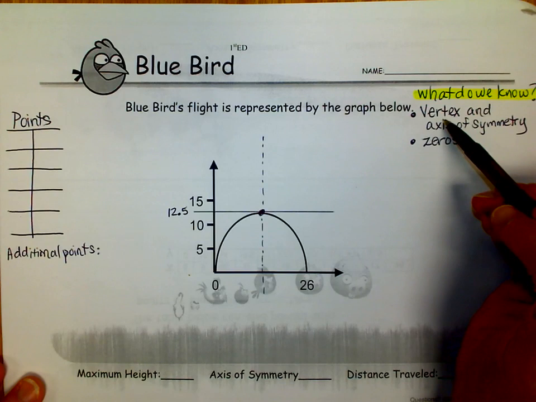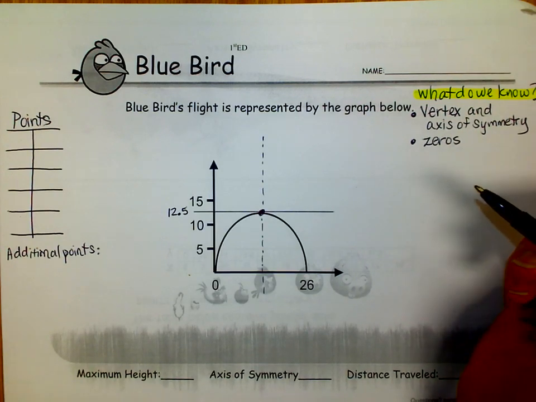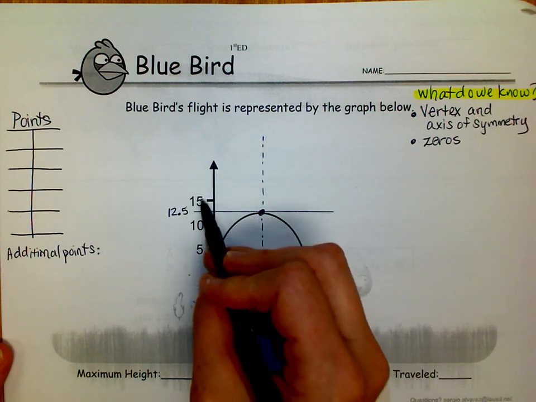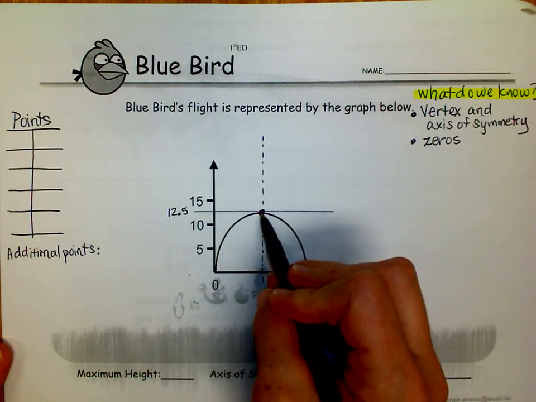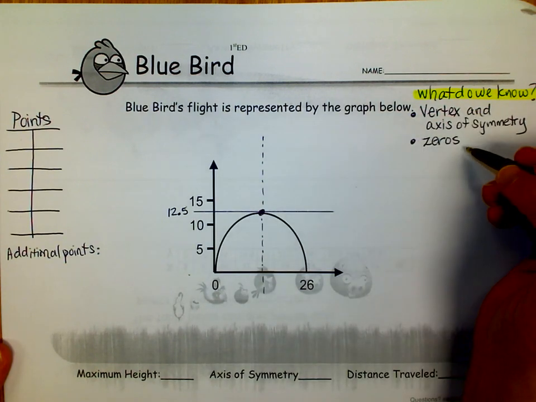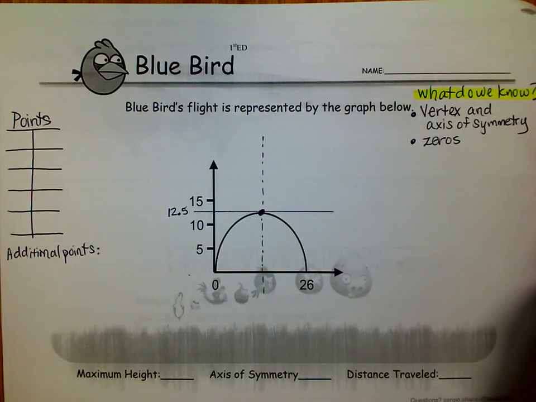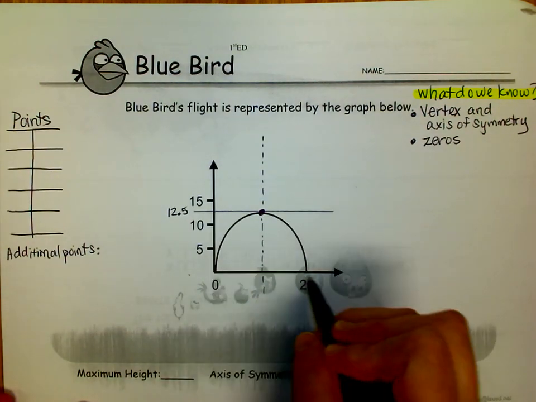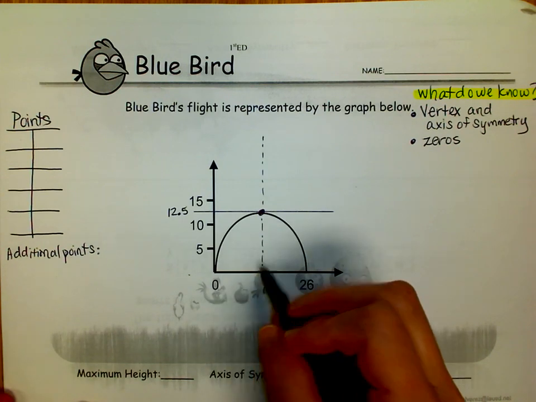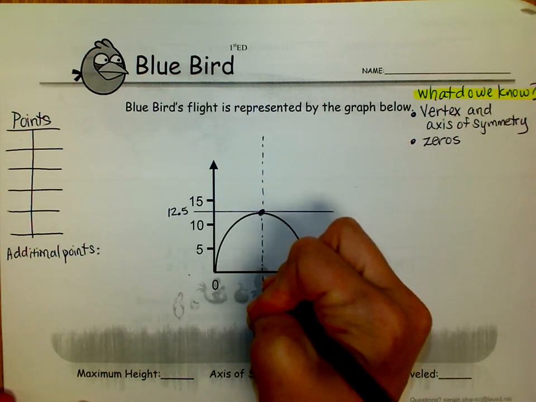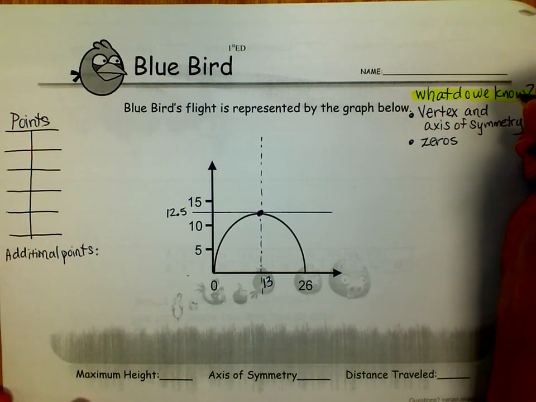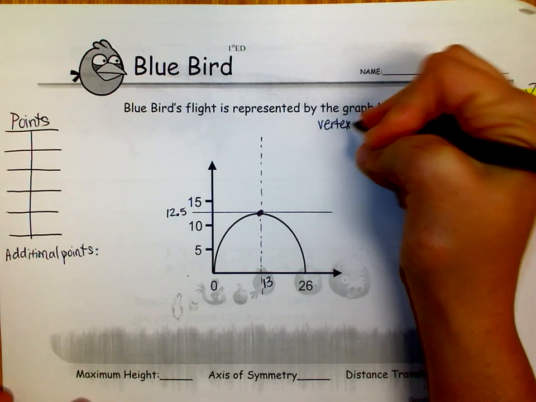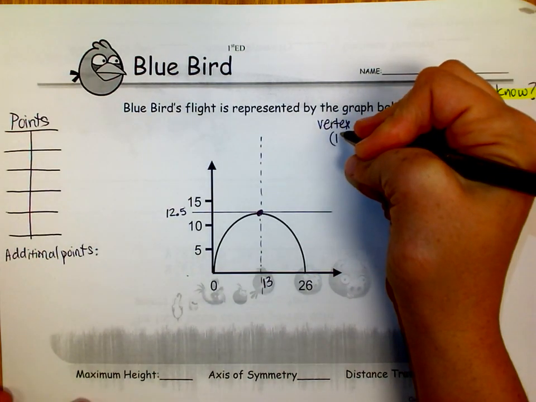What we know for sure is that we do have a vertex and an axis of symmetry based on this graph. We can see that the parabola has a maximum height right in between 10 and 15, which is 12.5. Our axis of symmetry will be where the graph folds or reflects, and so if the path is from 0 to 26, then the axis of symmetry will be right in the middle of that. So 13 is the x value that is right in the middle. So the information that we now have is that we have a vertex at the point 13,